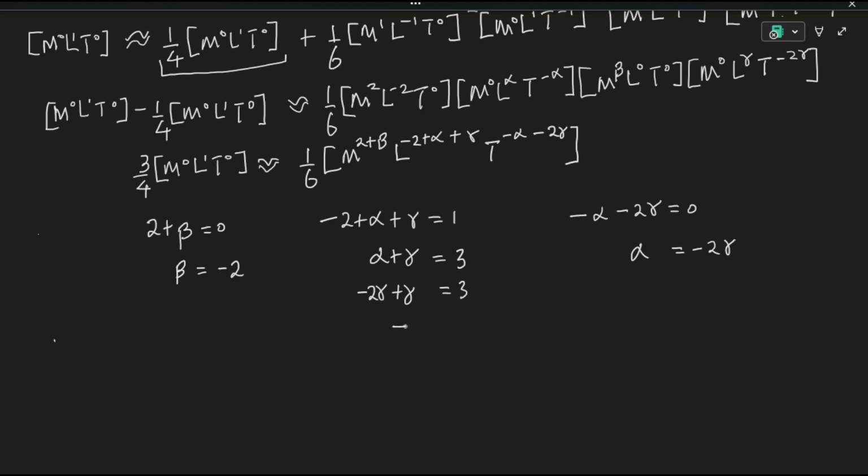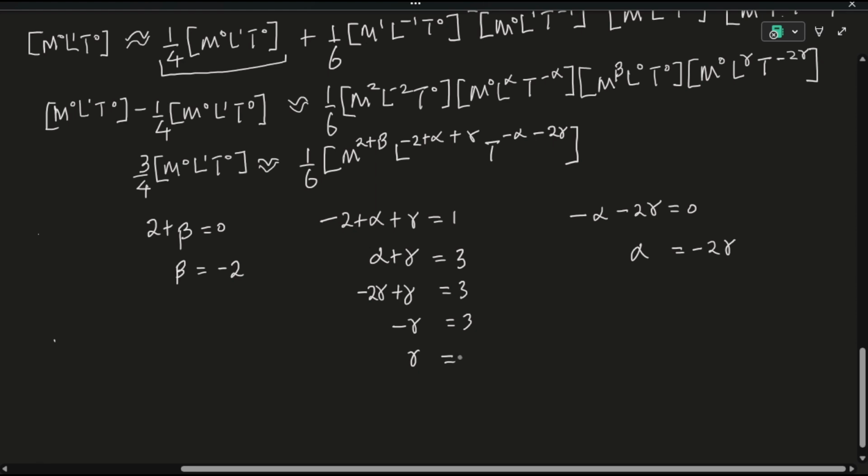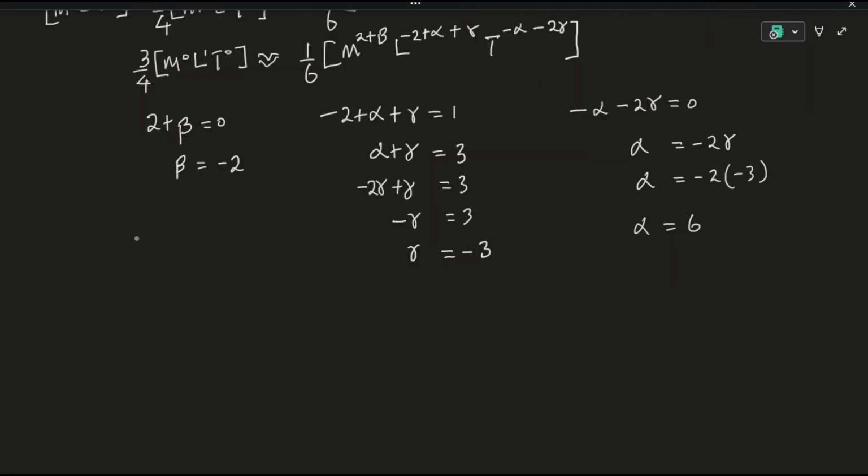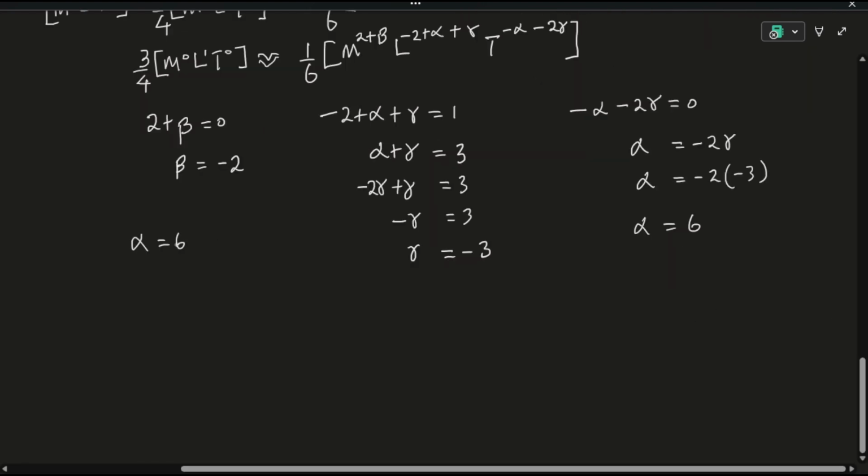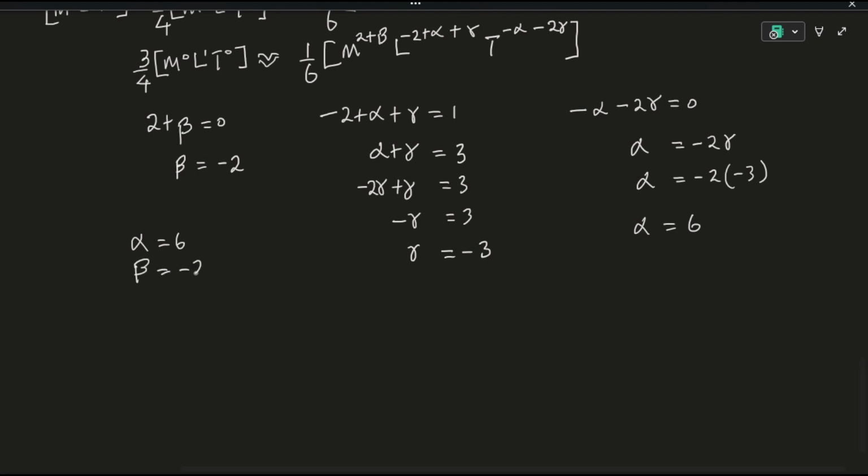Now let's substitute alpha as -2 gamma into this equation and say that, so it means that gamma is -3. And from here, we can conclude by saying alpha is 6. So it means that alpha is 6, beta is -2, and gamma is -3. So with these values, we can conclude that the equation is giving us